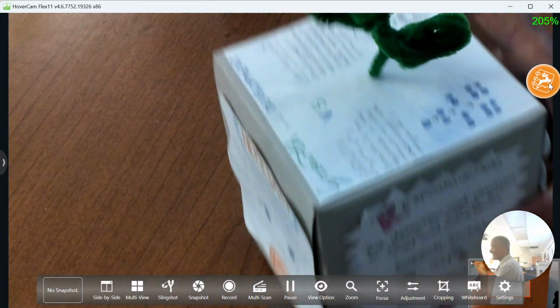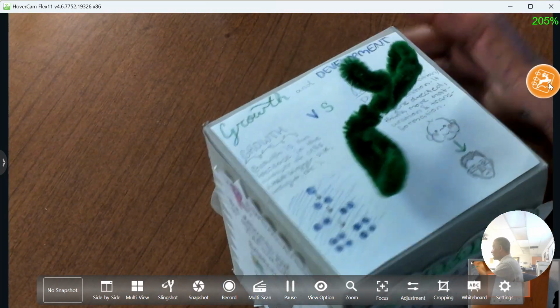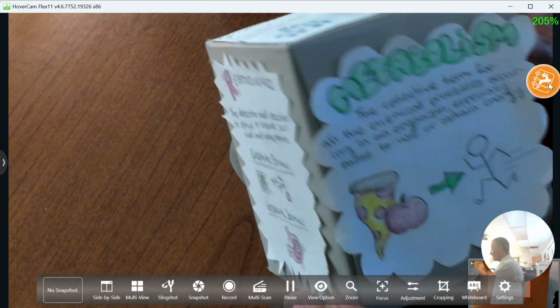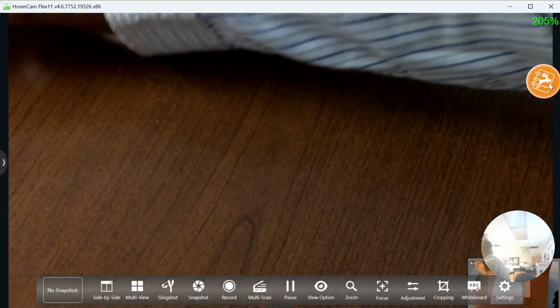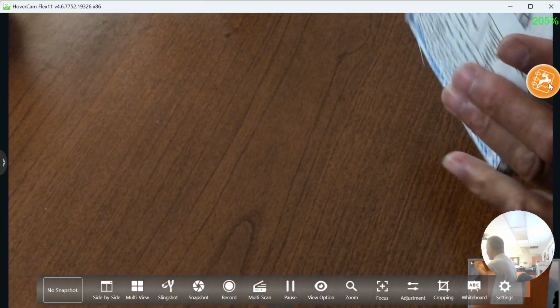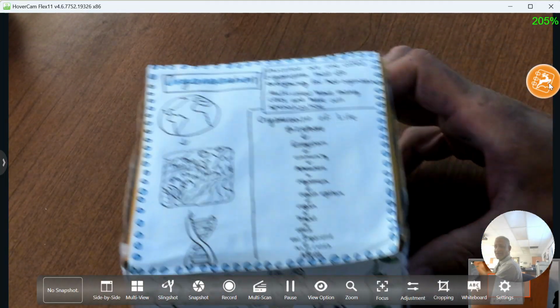This one, they put a tree on top to show growth and development for the tree. And they had a really good metabolism. And they show the food being used by you. All right, that's good. Now, for cell organization, this student